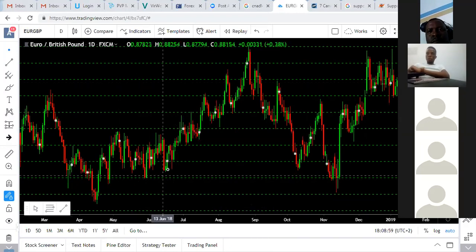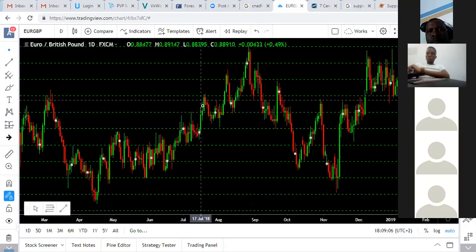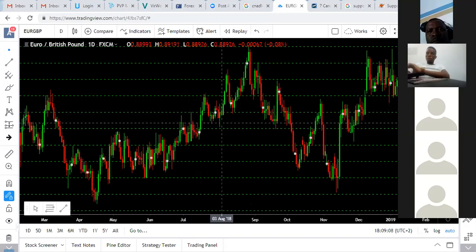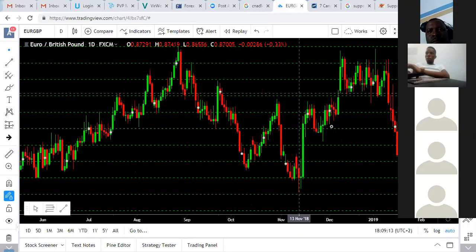You can see that when I came above this line, I tested it before I went up, and then I went up here, I reached the next line, I came back below the other line. So it gives you a little bit of perspective. Those are psychological support and resistance. But